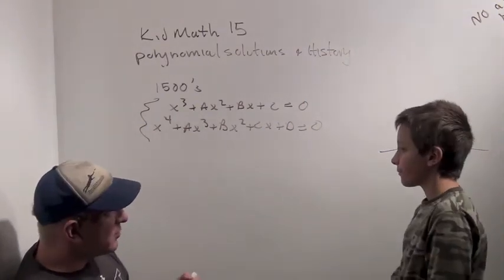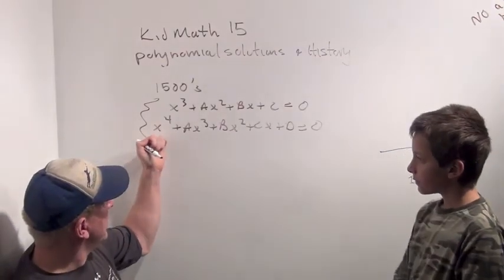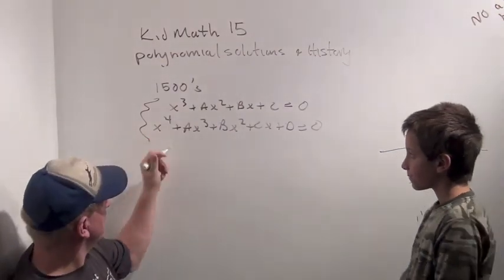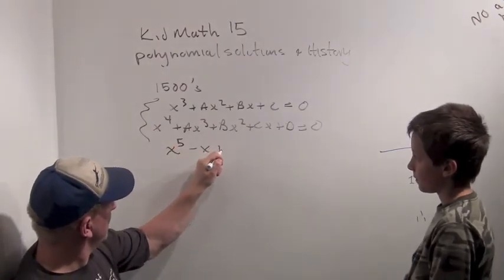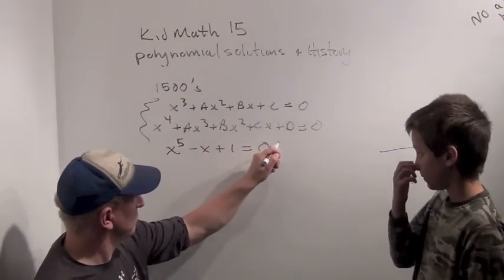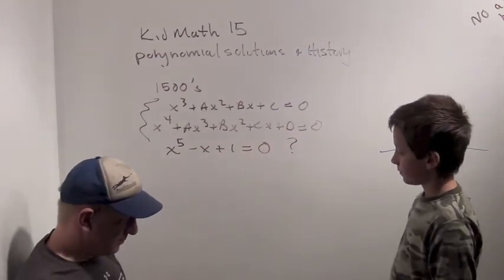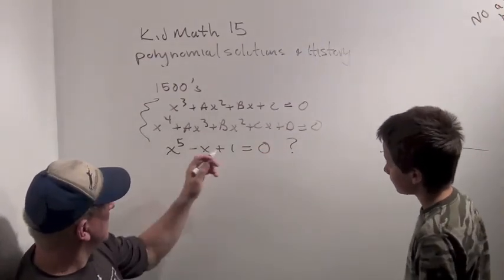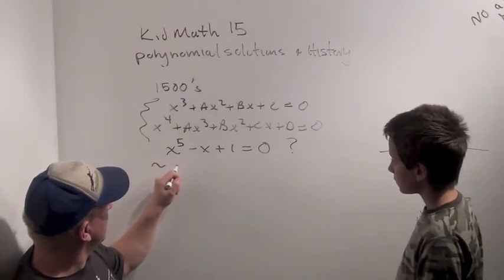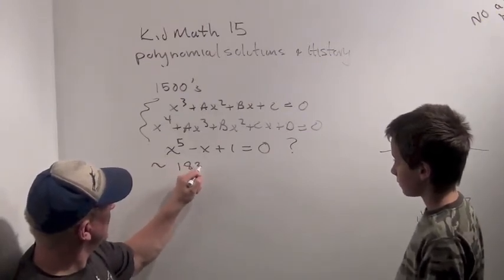But then something really cool happened. Nobody could figure out how to write down a formula to solve a 5th degree equation, even something simple like x to the 5th minus x plus 1 equals 0. Nobody knew how to solve that until about the early 1800s, about 1830-ish,